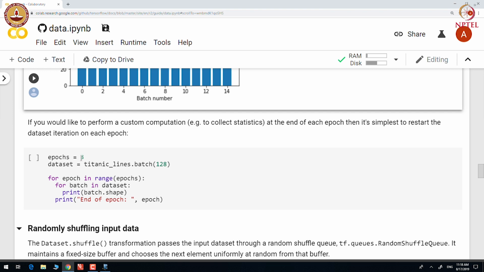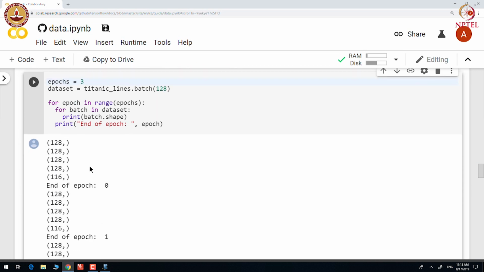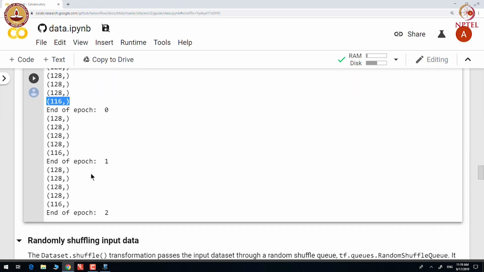So, here we define epoch to be 3 and we construct a data set by batching the Titanic underscore lines data set into batches of 128. And you can see that there are first 4 batches with 128 examples in it, whereas the 5th batch has 116 examples. And you can see this happening epochs after epochs.